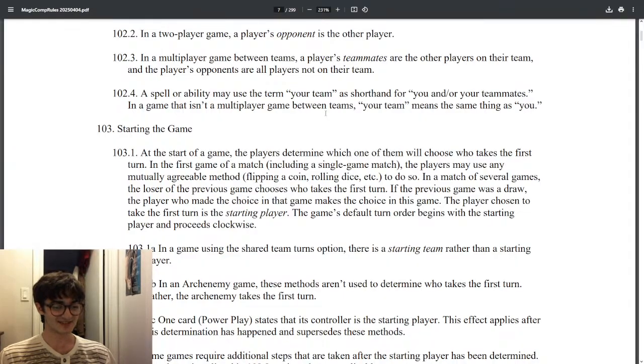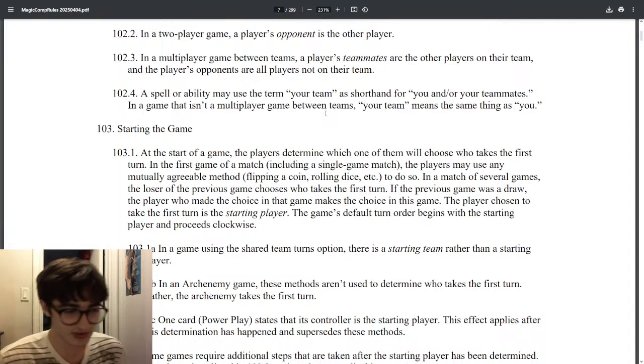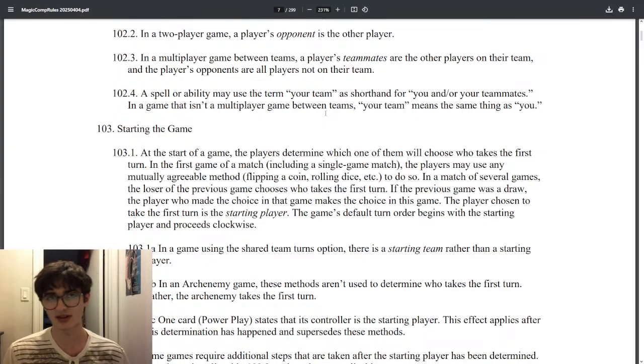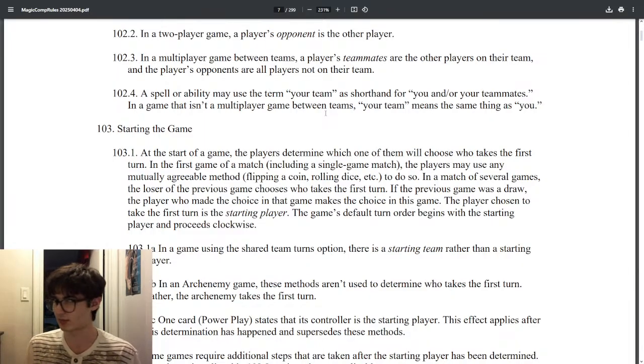Still Thoracle. Has it just been decided that Thoracle is the best thing to be doing in cEDH, or is it contended? Because I know that there are multiple decks, but if Thoracle is just the best thing to be doing, then why isn't everybody doing that?